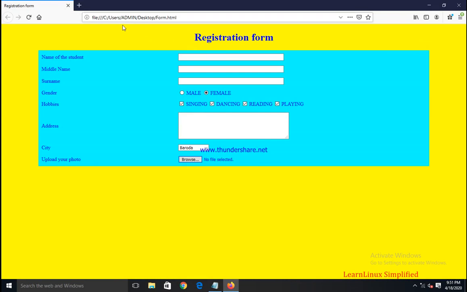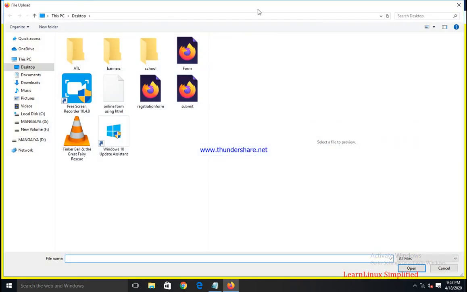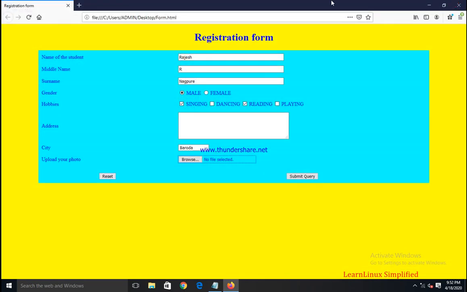Refresh. You can see here reset. By the reset button, the default selected options will be restored. Suppose I am writing my name over here. Then selecting options, I can give my address, my city, my photo, all these things. If I have written anything wrong or I want to clear all the data, I can press the reset button.